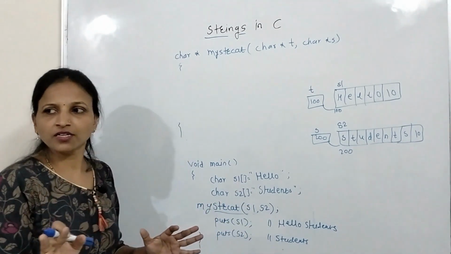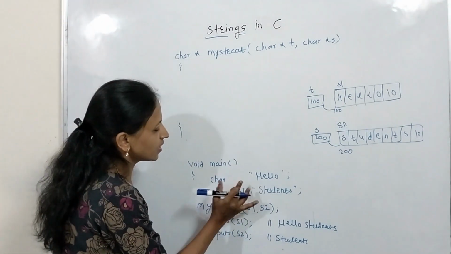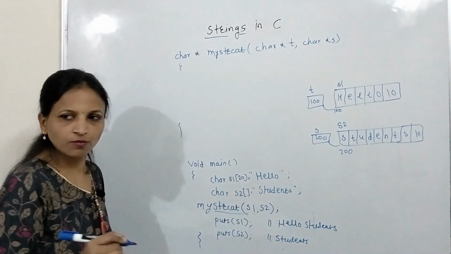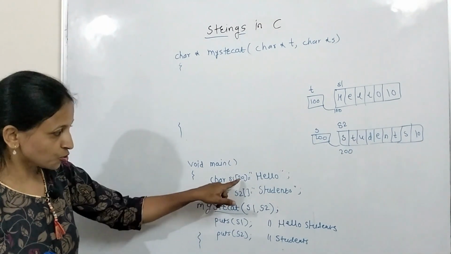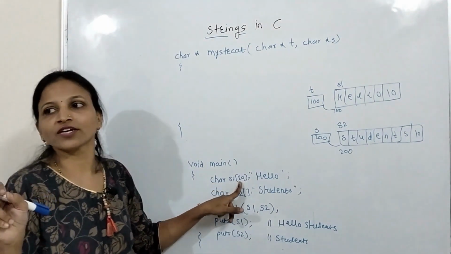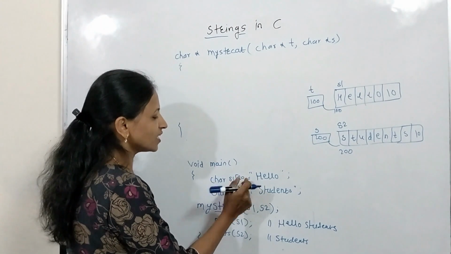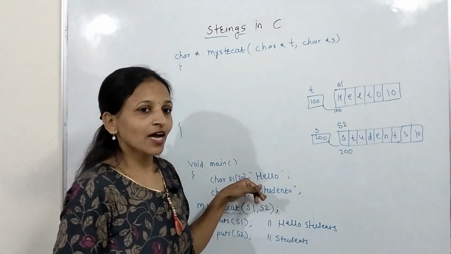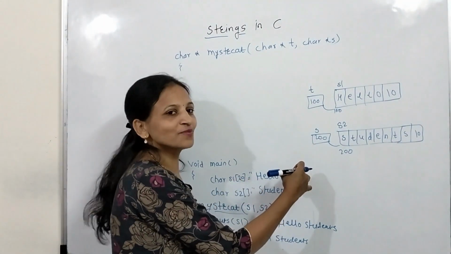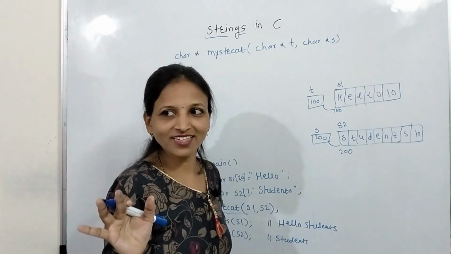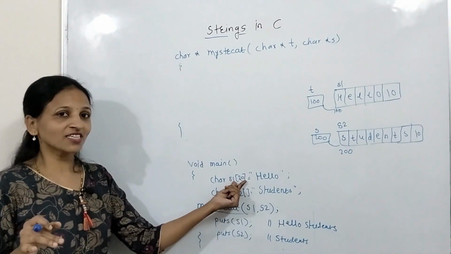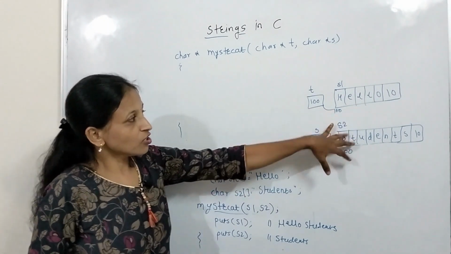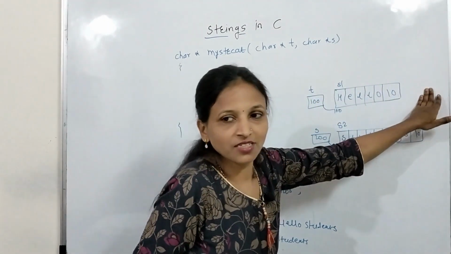Everything will work fine, only we have to do one change there. Like s1 here, we have to set size, let it be 20. Some maximum size you have to put. This should be there, then only you will not get an error. Otherwise, if we are not writing anything, that means what? Automatically size will get computed like 6, and here if you want to attach something, then you cannot do that. Getting? And that's why you have to set the size of that s1 as some maximum size, because we are not copying, we are just attaching here something.